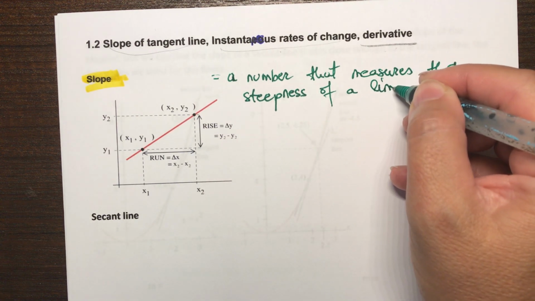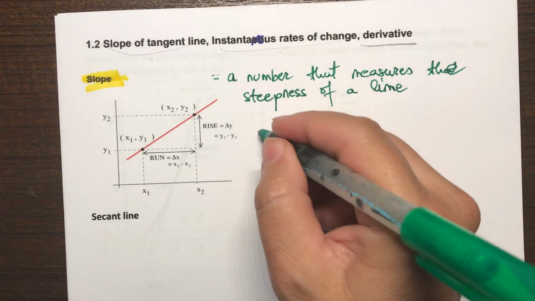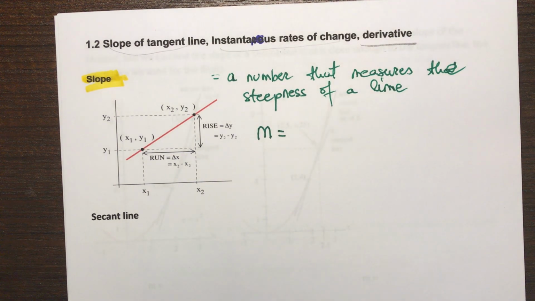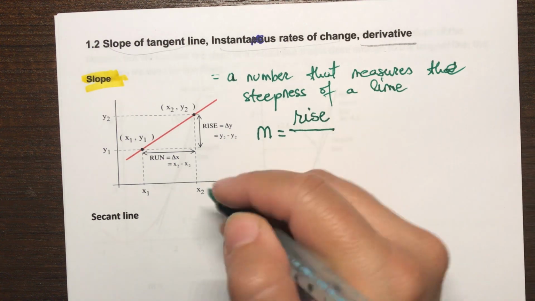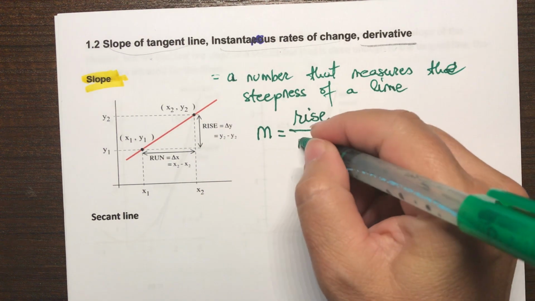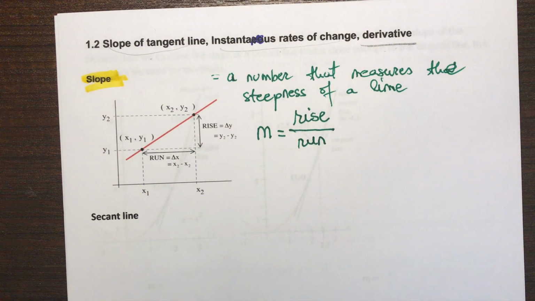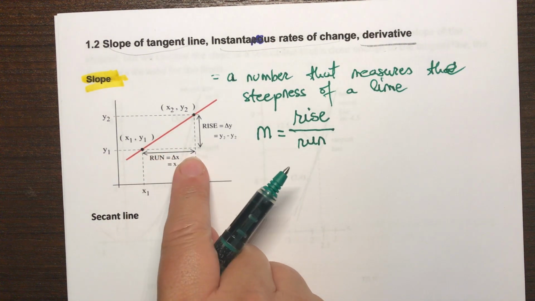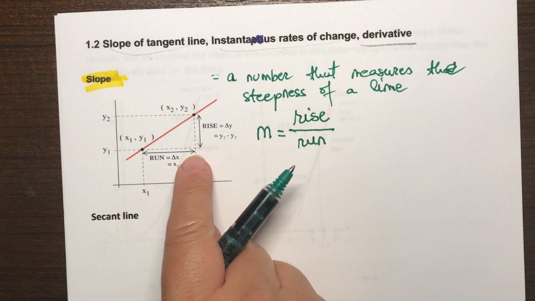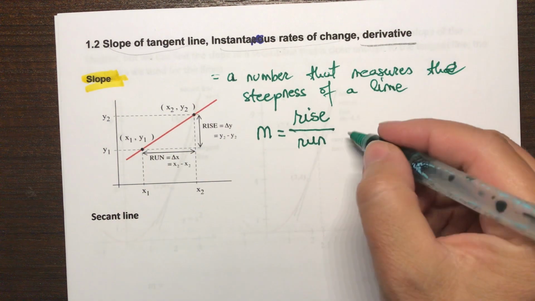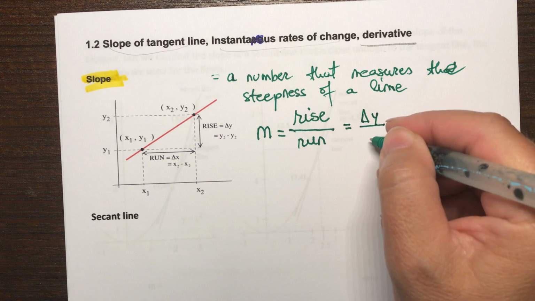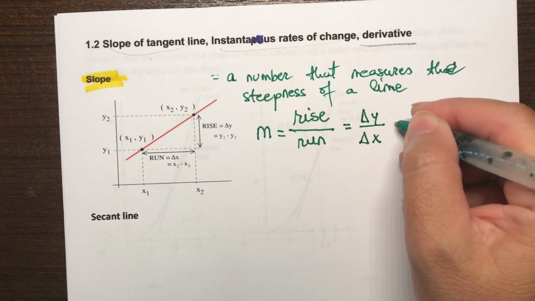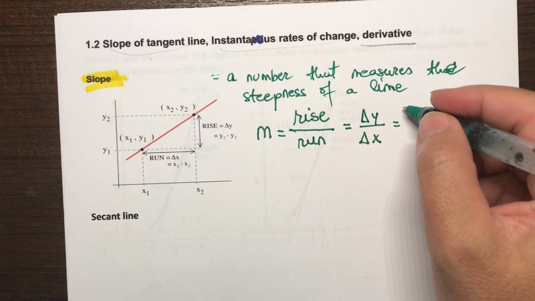All right, and how do we measure that steepness? Well, you all know that we label the slope by the letter m. And the way we measure that steepness is simply the change, the rise, right? So as I said, how far up versus how far to the right did we have to go. So rise over run. So it took me this far to get to the second point, and I went up by this much, yes? So the rise is nothing but the change in y coordinates versus the change in x coordinates. In other words, the vertical change